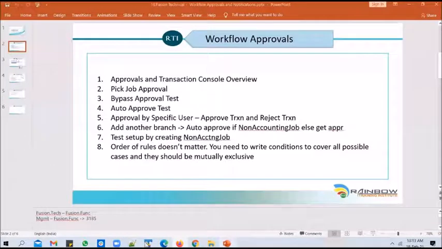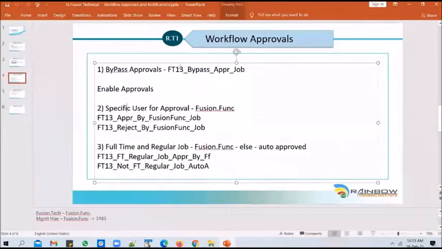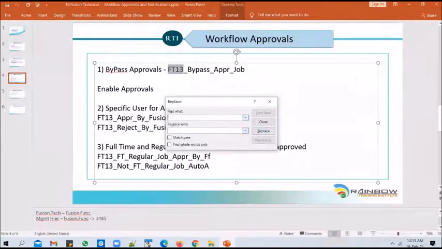Or let's do it this way. I've got some transactions in here, so I'll copy them. Instead of FP13, I'll replace it with Feb 18th.